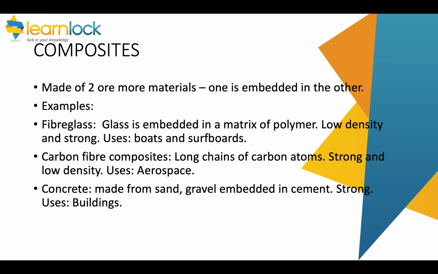Composites. These are made of two or more materials, and one is embedded in the other. For example, fiberglass. That's when glass is embedded in a matrix of polymer. It has a low density and is strong, for example, in boats and surfboards. Carbon fibre composites. These are long chains of carbon atoms, are strong and have a low density, used in things